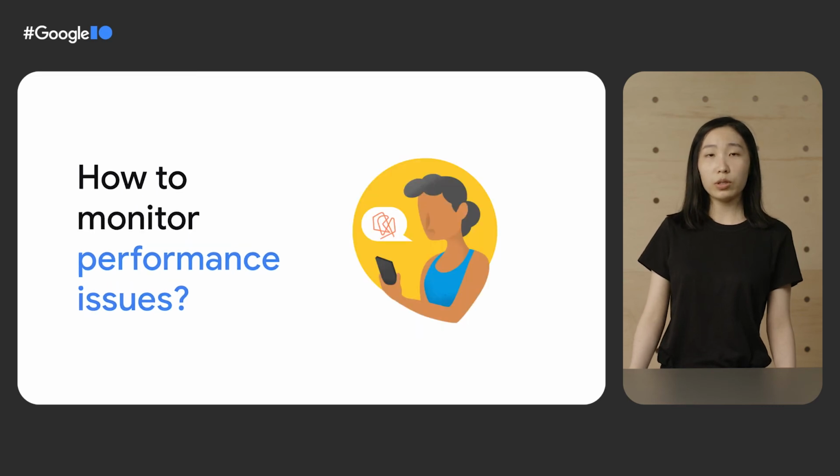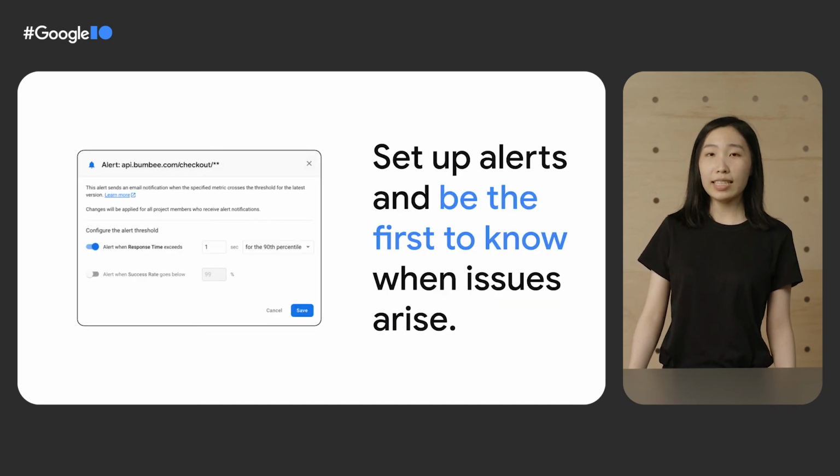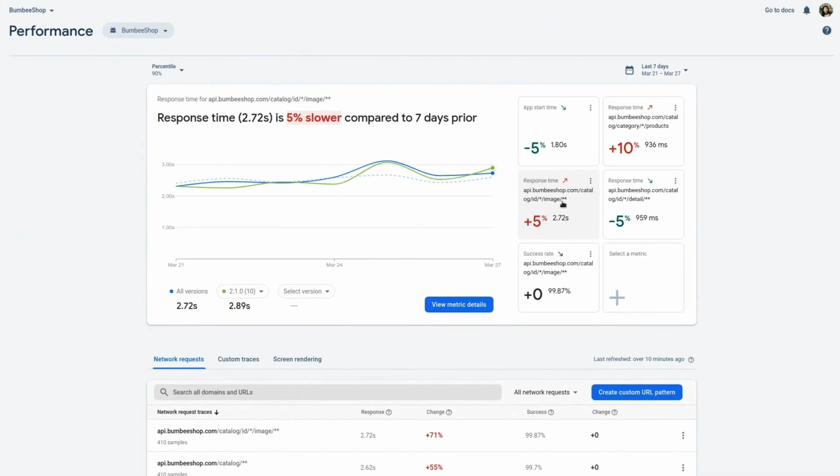More importantly, you want to discover issues as soon as they appear to minimize the impact on your app and your users. Even though you know your performance data is available to you in real time in the Firebase console, it's still a daunting task to have to constantly monitor the dashboard. To make this task easier, Performance Monitoring just added the ability for you to set up threshold-based alerts so that you'll be the first one to know when your users experience issues with releases or sudden performance degradations like those caused by network outages or resource issues. Let's see this in action.